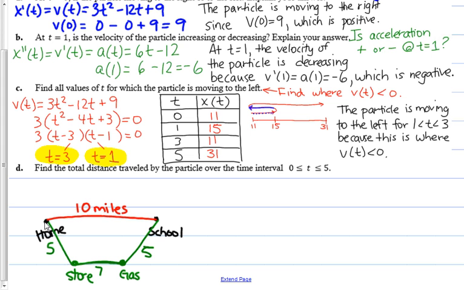Because it's basically just displacement. I don't want to know how much the particle was displaced by. I need to know how much the particle actually traveled. And if you remember back to part C, it turned to the left and then came right back. So if you look at part C,